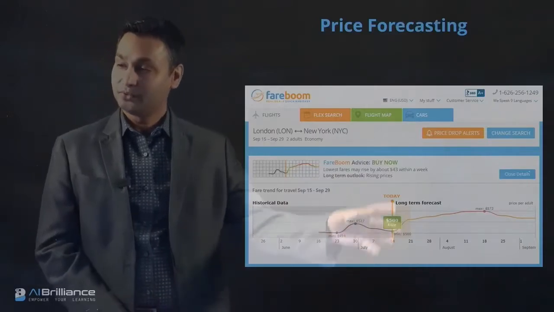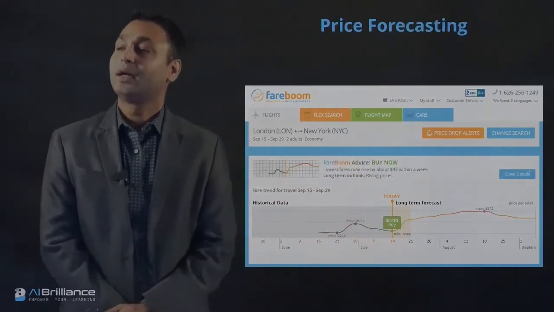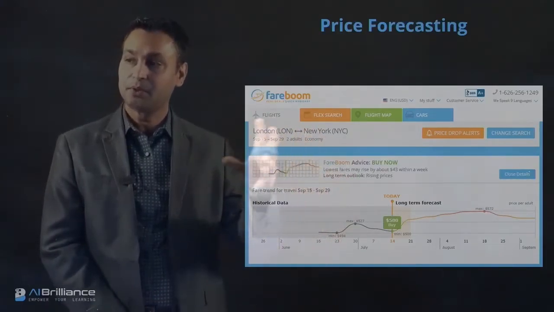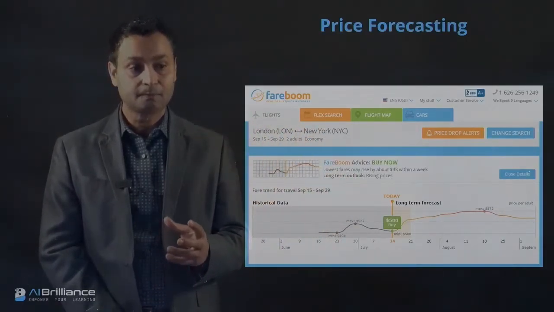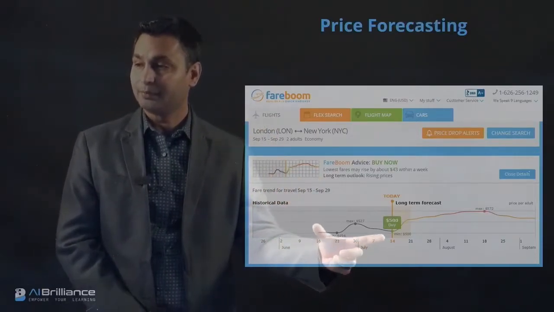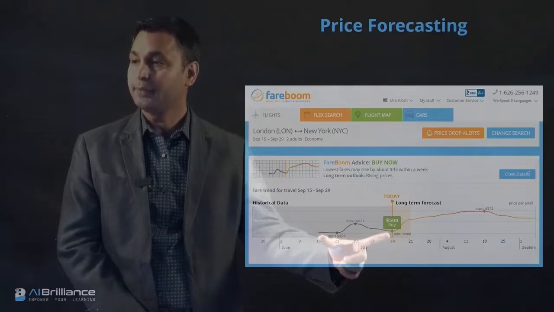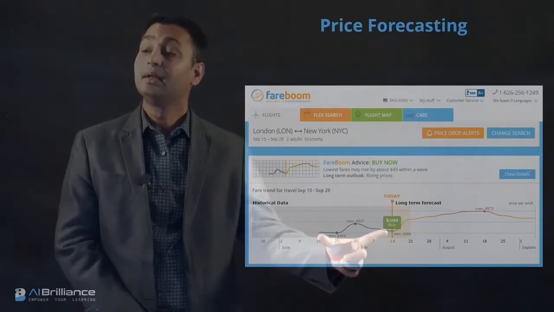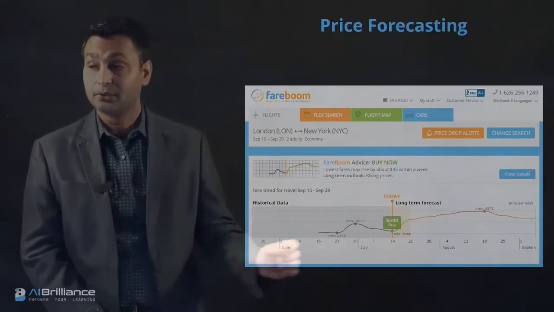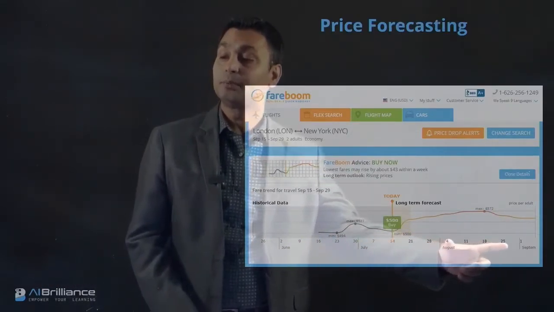Now they do this training with a large-scale data set that they have collected through their vendors and other sources: the tickets that have been purchased, and the current fares they are getting from different websites. Based upon that, they have the previous history, the historical data. Then they also have other attributes, what the current situation is and what is happening, and they use that to predict what the price could be in future.